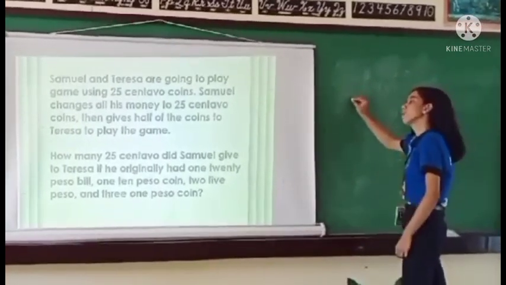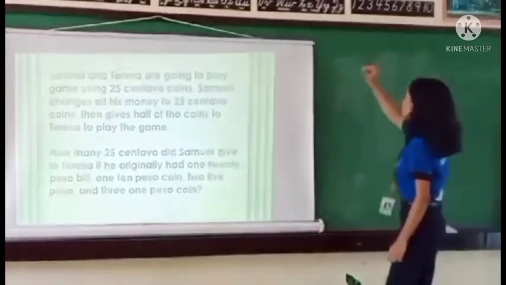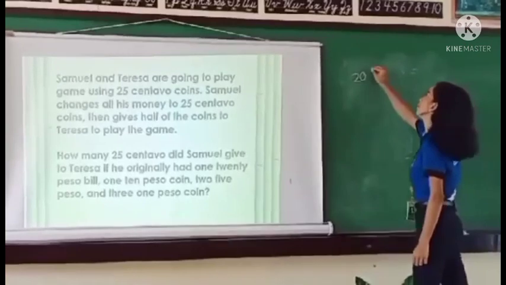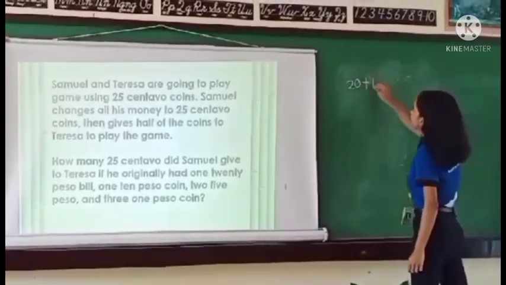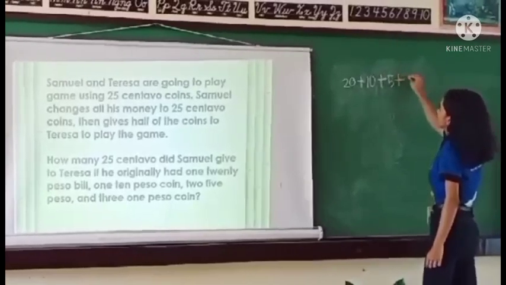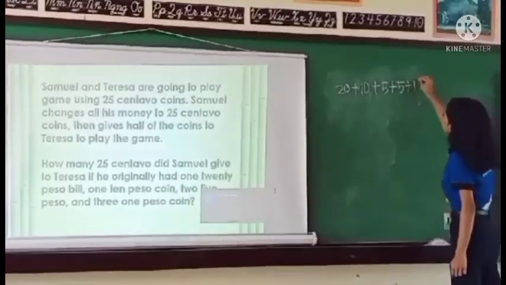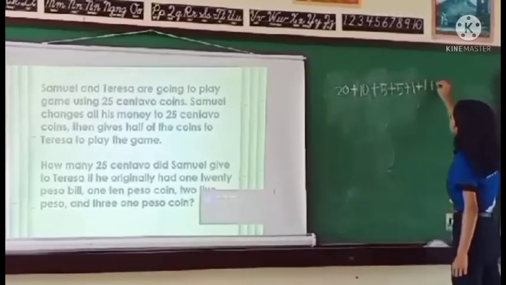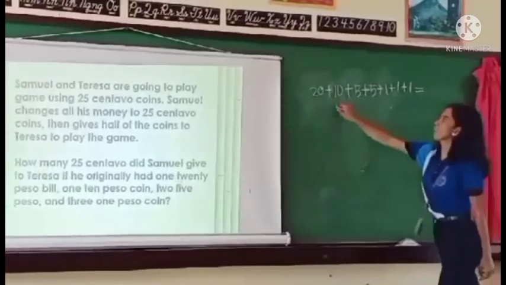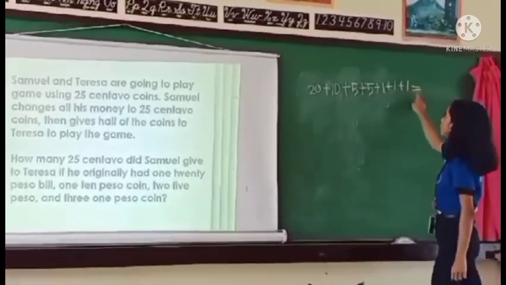Okay. What is the total amount of money of Samuel? So he had 20, one 10 peso, two 5 peso, 5 plus 5, and three 1 peso, so 1 plus 1 plus 1. The total is 20 plus 10 plus 5 plus 5 plus 1 plus 1 plus 1 is equal